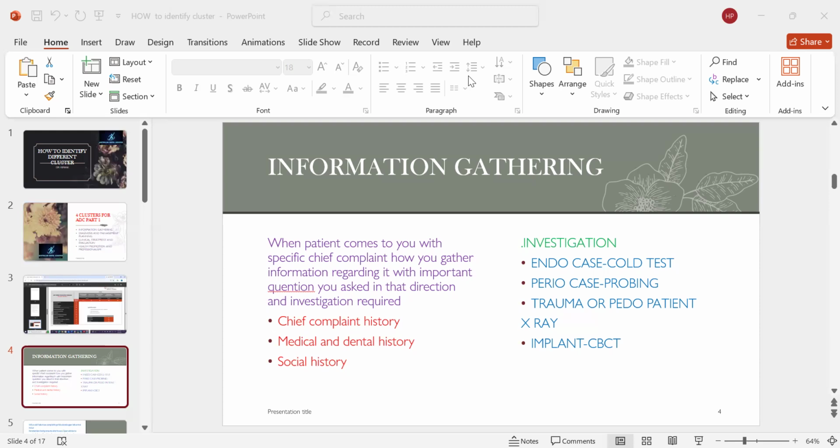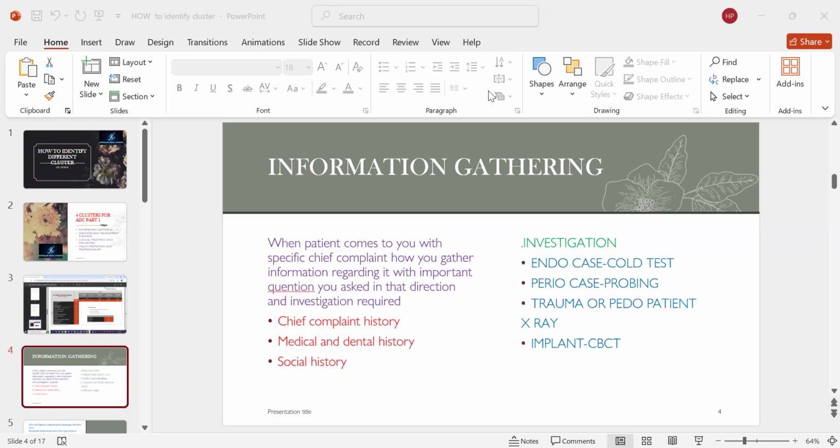But if they ask which test will lead you to the treatment plan, or which test gives you the better or confirmatory idea about which tooth is involved, then it will be the cold test. So different keywords will change the whole answer in the investigation part itself. Which test you will do first, which is the confirmatory test. A small word will change the answer.